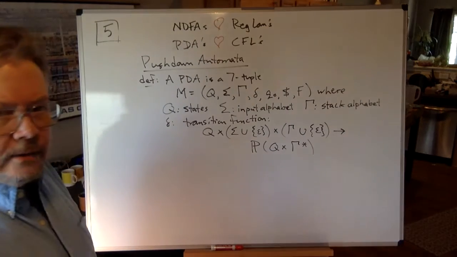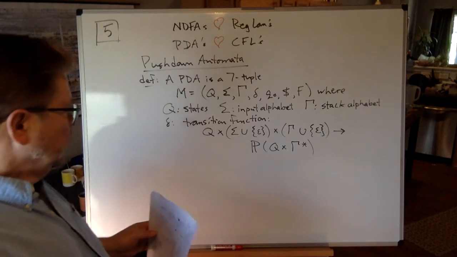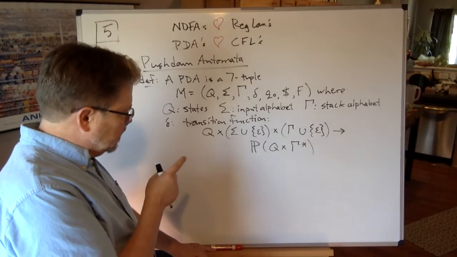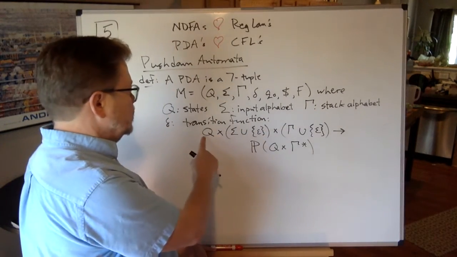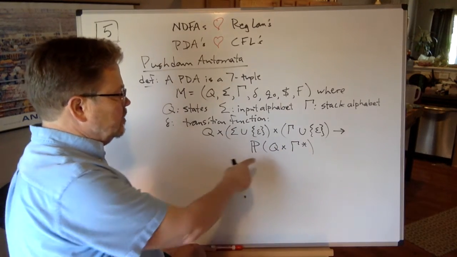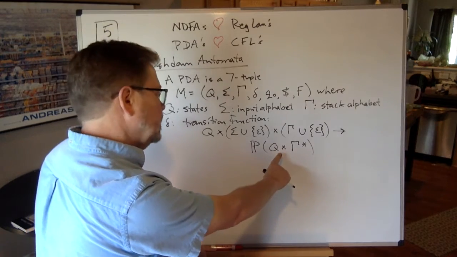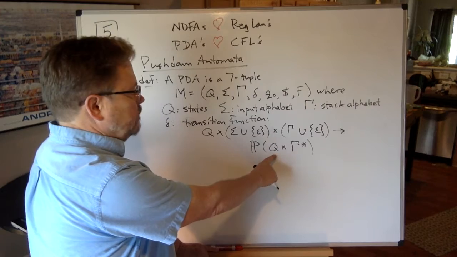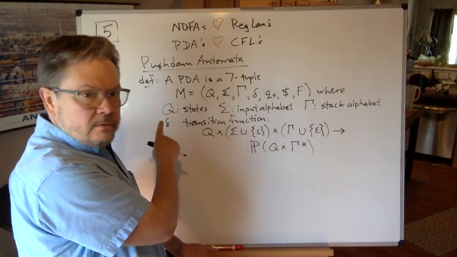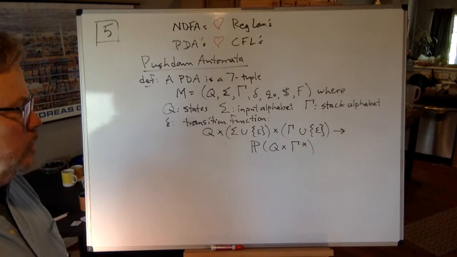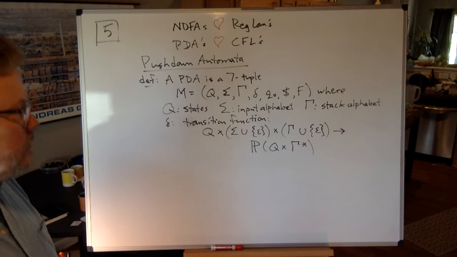And we can all say it together. Yikes! What on earth is that stuff? Well, those crosses kind of give it away. Let's count the crosses here. We've got 2, so it's going to take a 3-tuple of something, an ordered triple, and take that to a set of things. A set of what things? A set of ordered pairs. We'll do the easy part first. A set of ordered pairs where the first thing is a state out of our set of states, and the second element of an ordered pair is going to be a string of stack alphabet symbols. That seems kind of weird.